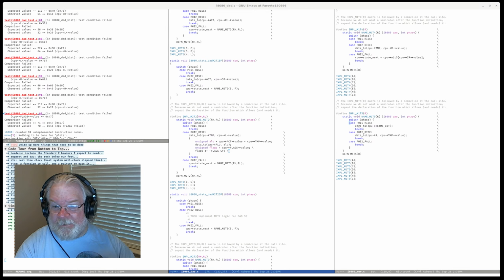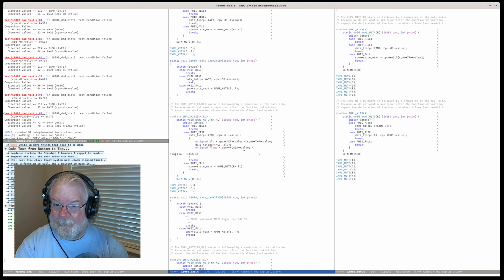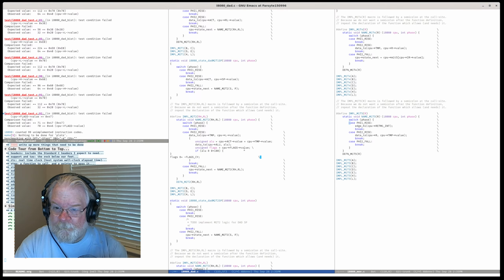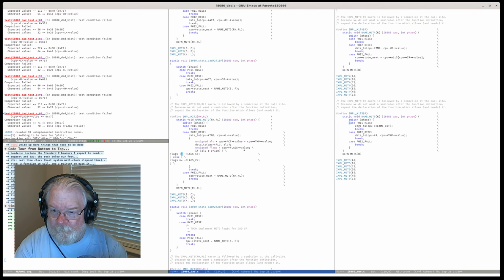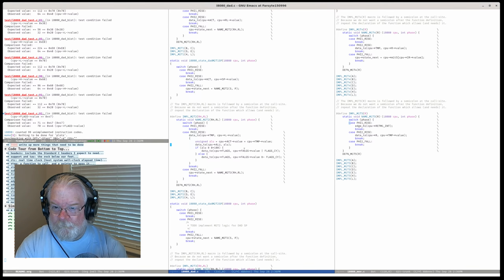Only the carry flag is affected, which means, yep, there we go.